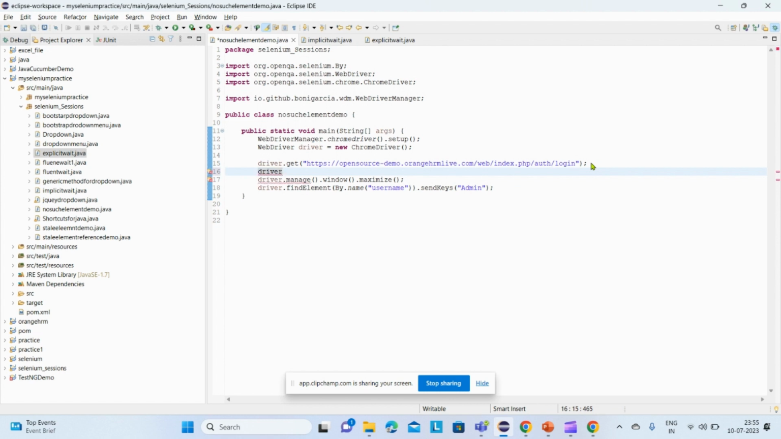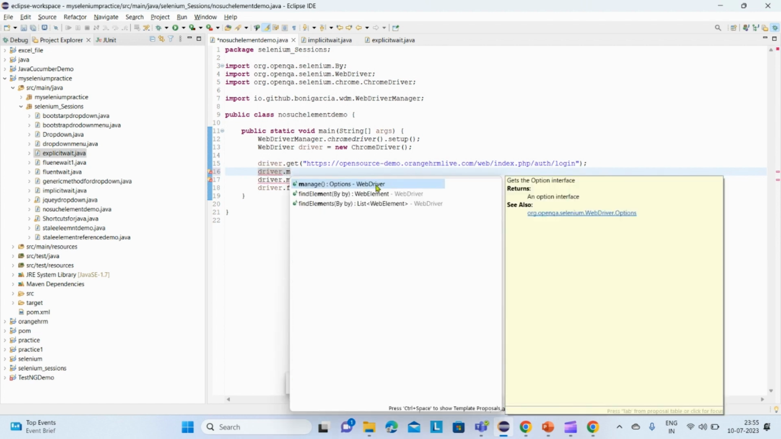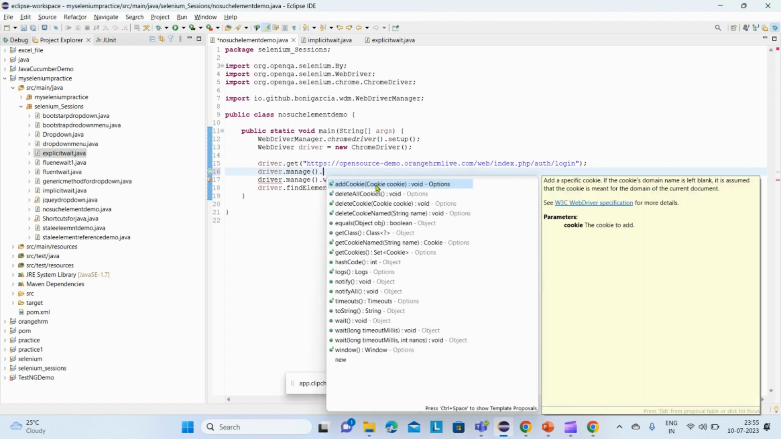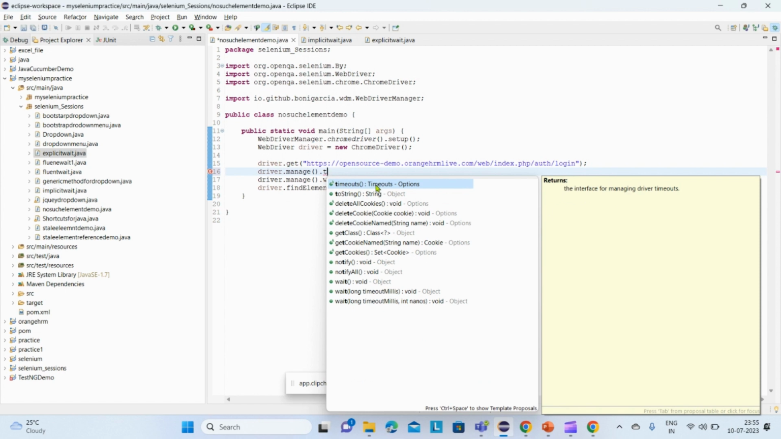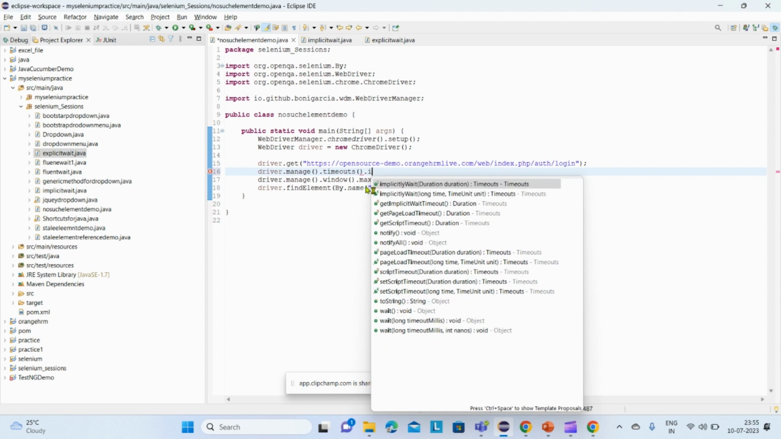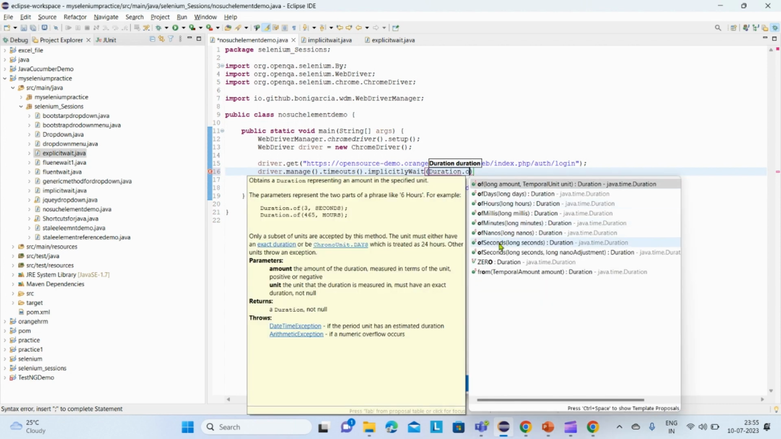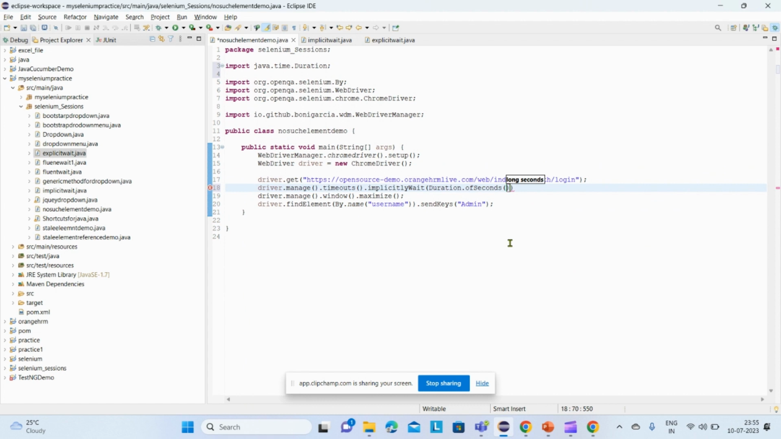we'll provide some time, driver dot, we'll use implicit wait. You can use explicit wait also. Driver dot manage dot, for simplicity I'm now using implicit wait, implicitly wait, duration of seconds, and seconds is, sorry, 30 seconds. Now after this we can see that